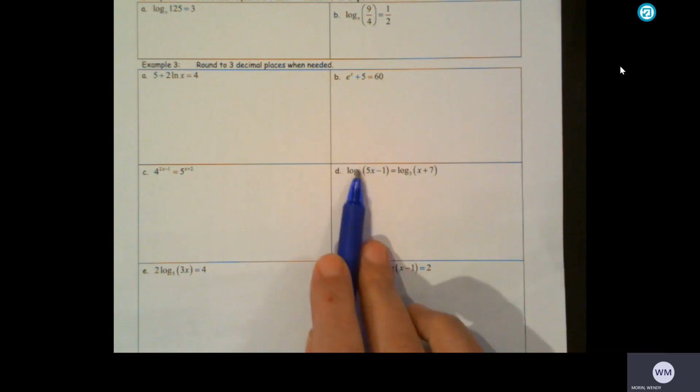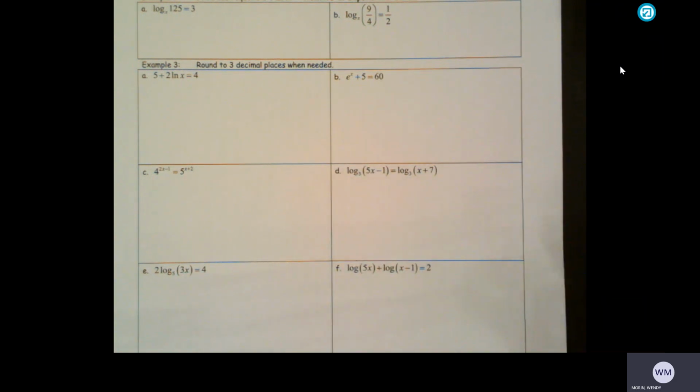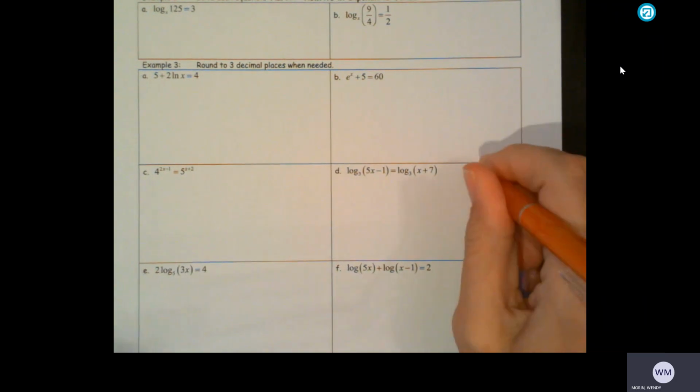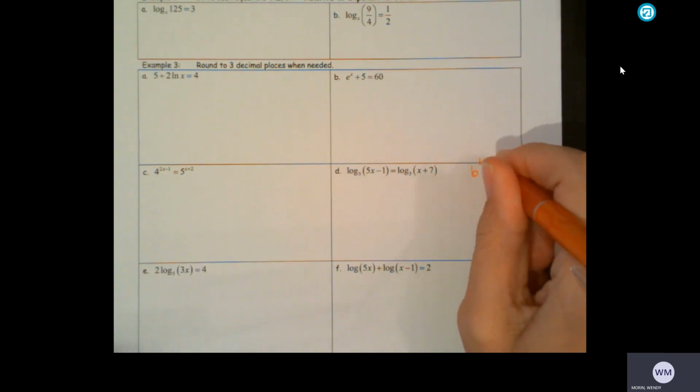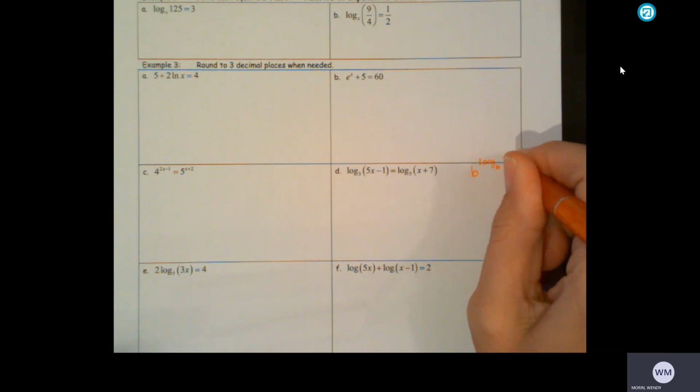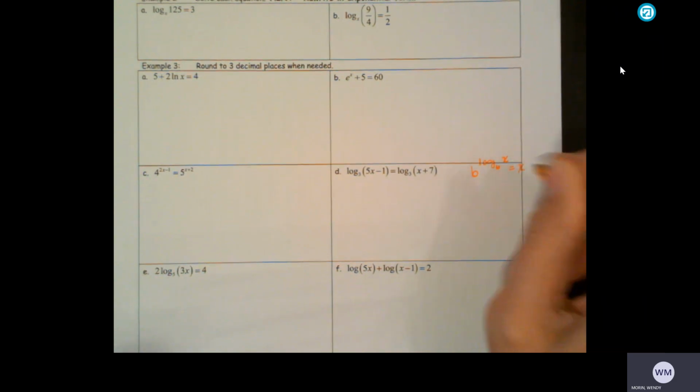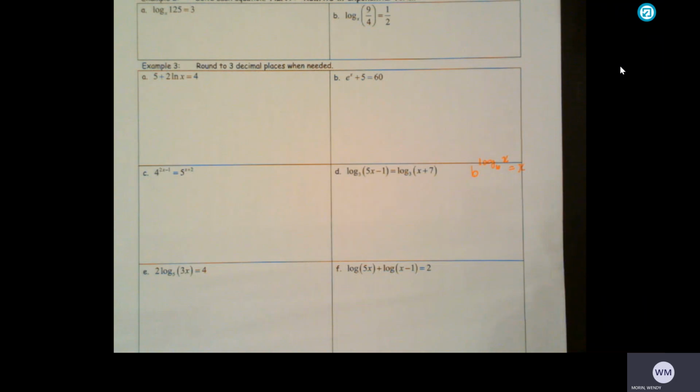Okay, this is a log equation. Now you could change it to exponential form, and you could use a property. Actually, I haven't taught you the property, but just so you're aware, just in case this comes up, b to the log of base b raised to the x power equals x. That is a log property. You don't need to know it, but if you see it somewhere, that is true. So you could use that. However,